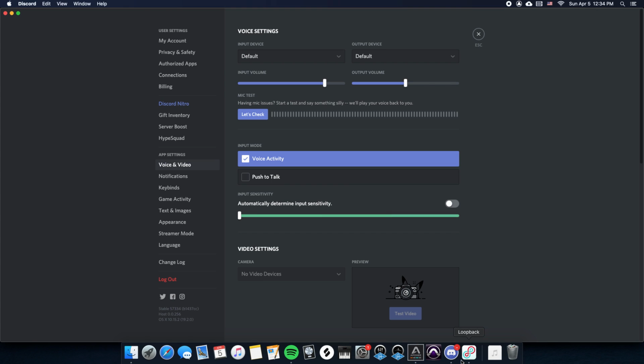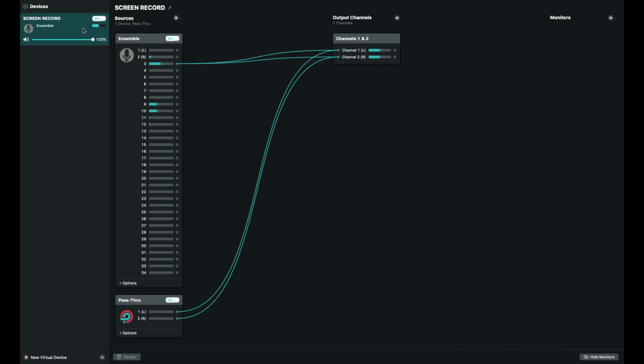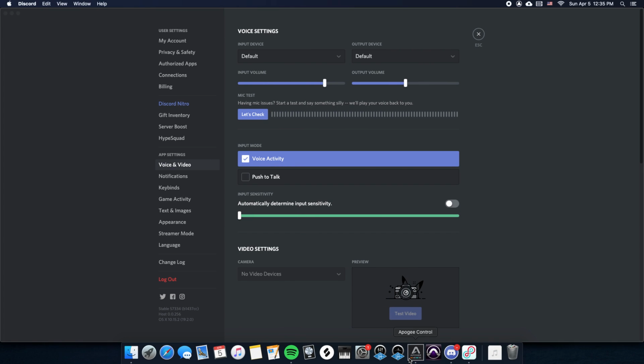So once you pull that up, you'll open up a screen that'll be completely blank. This on the left here won't be here, and all this won't be here. But you'll be able to create a new virtual device. So what this software does is it allows you to internally create an I/O within your computer. So unlike an audio driver for an interface, something like Console, or in my case, this Apogee Control,